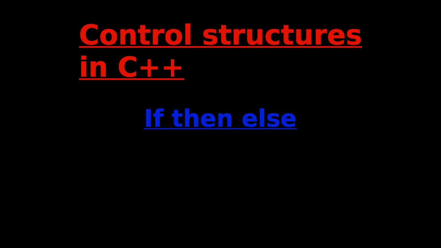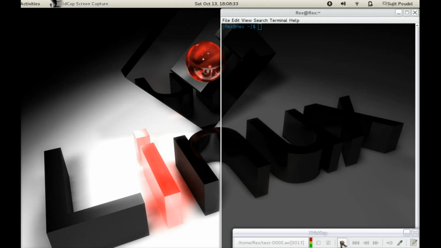Hey everybody, today we'll be talking about control structures in C++. Now we have all been through the basic C++ programming. This will be a really useful part of the programming language in which you will actually be able to do something according to different inputs or different things that you want to do with the program. So